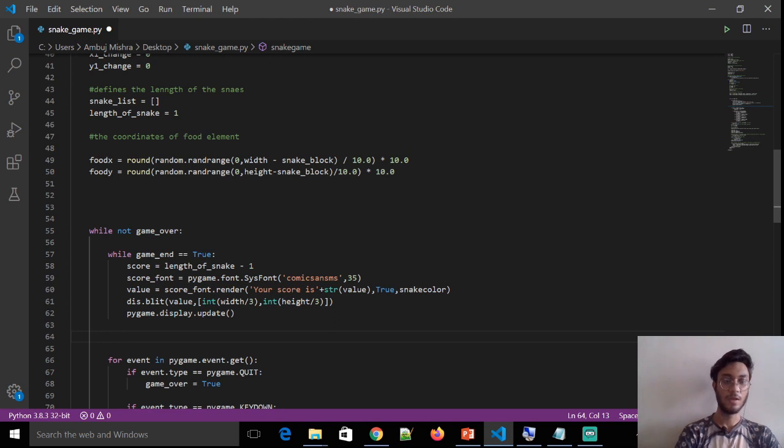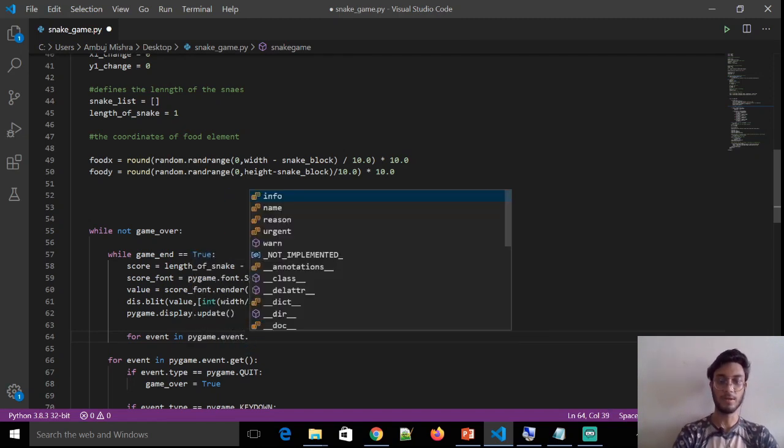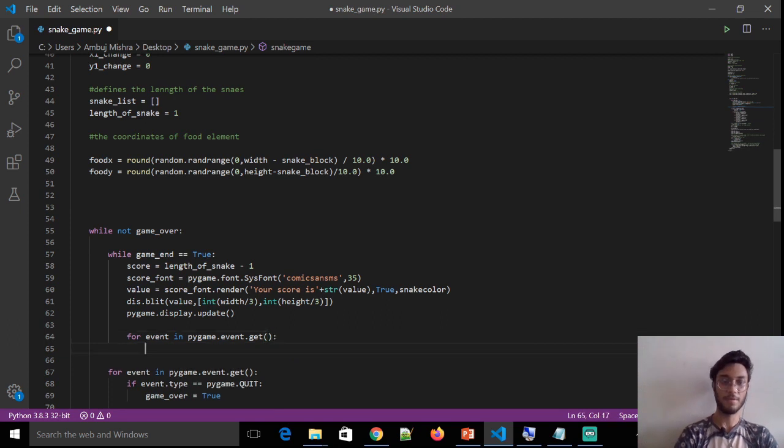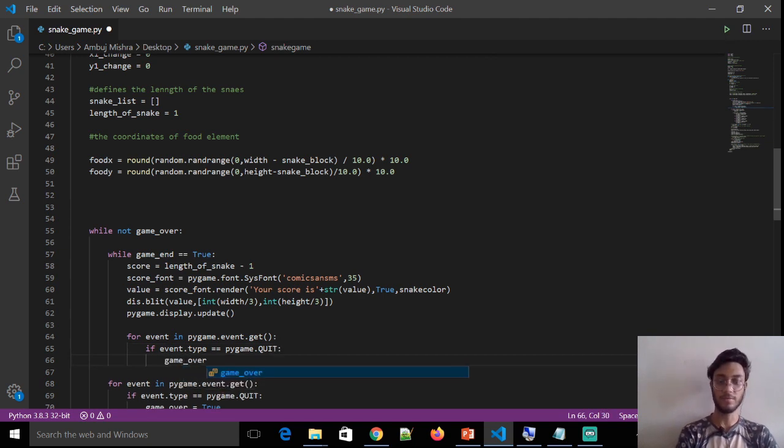Now it's finished. One more thing which you have to keep in mind is, for event in pygame.event.get, if event dot type is equal to pygame dot QUIT, then in that scenario the game over value will be changed to true, and the game end value will remain the same.